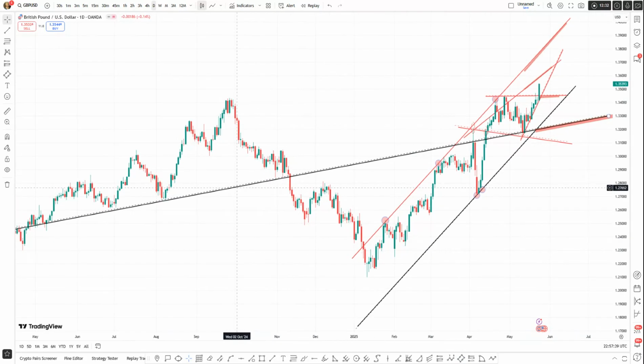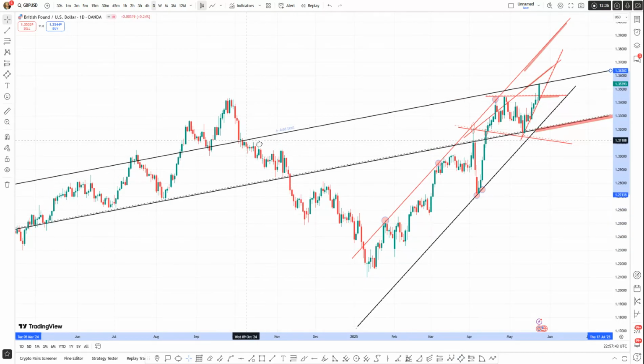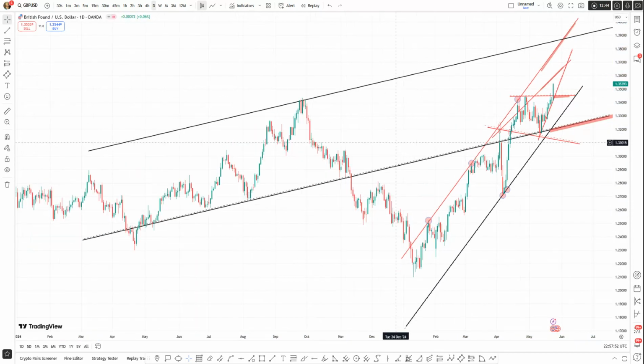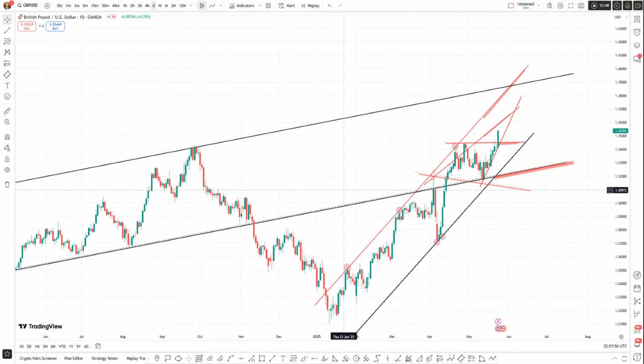So what we should expect now, based on this breakout and retest, and based on the chart pattern and price movement, we expect that this rally should continue up to this level. So on daily time frame, this is where I begin to look for the next short opportunity, on this roof,